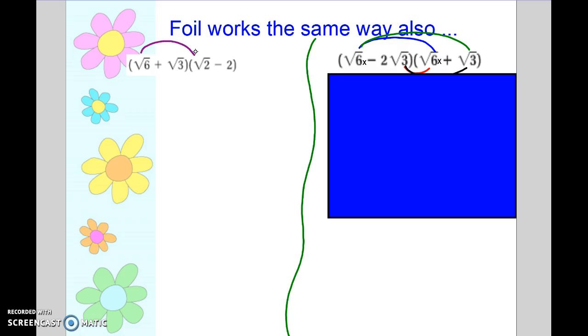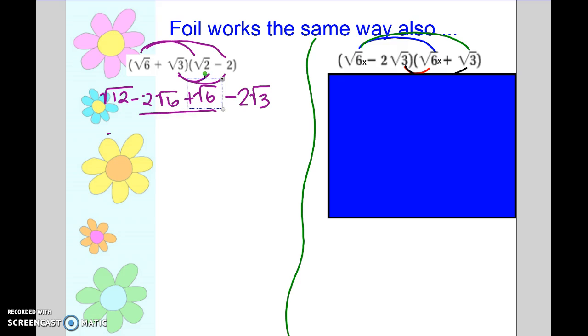So when you have to FOIL, it works the same way as well. I'm going to go ahead and multiply the first one with the first one. So I get square root of 12. Outer, negative 2 radical 6. Inner, positive radical 6. And last, which is negative 2 radical 3. I have like terms here in the middle. So negative 2 plus 1 gives me square root of 12 minus 1 radical 6